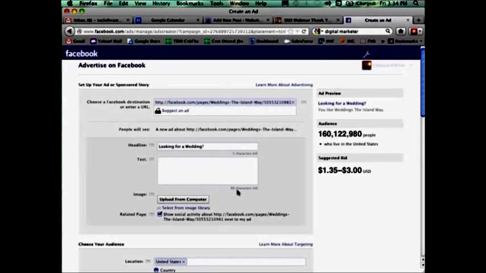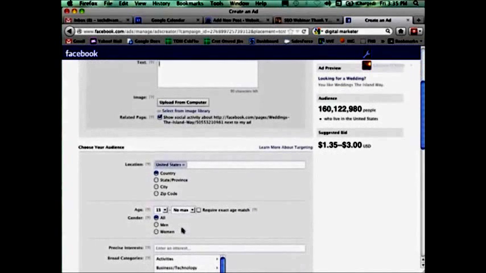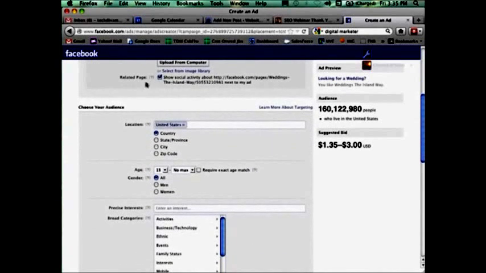Now you have 90 characters of text. That is not a lot. So the headline's got to be good, and the text has got to be compelling. You don't have a lot to play with, so make it good. You might study other ads that are out there that you think are quite compelling, and look at how they structure their copy, and see if you might find something there that you can use for writing your own ad. You might also Google successful Facebook headlines to get some ideas. You can upload an image to go with it, and you can relate another page to it if you want.